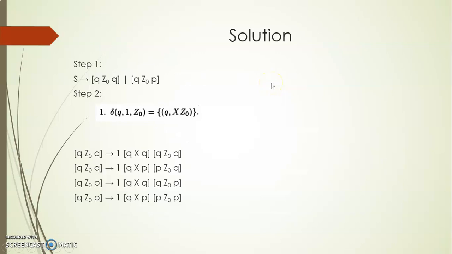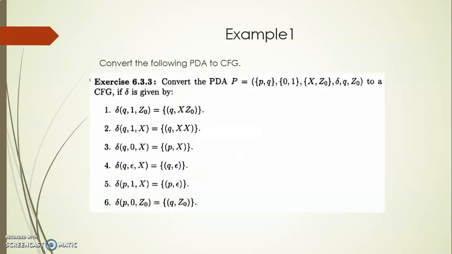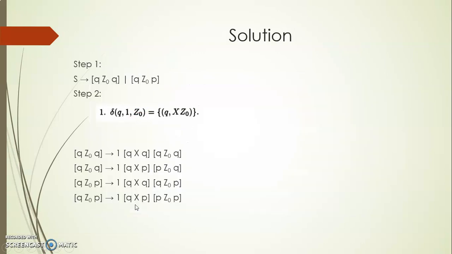So first I have written it as Q. If you want to write P here, you can, and if you want to write Q here, it is of no problem. So order is immaterial. So now we have written the starting productions for the starting symbol of the grammar. Now we have to write the context free grammar productions for every transition function present in the question. So here in the given question we have 6 transition functions. So for all these 6 transition functions you have to write the equivalent productions of the context free grammar.